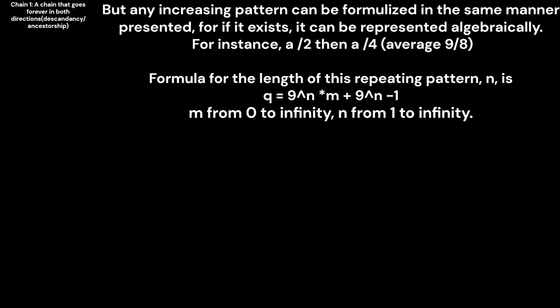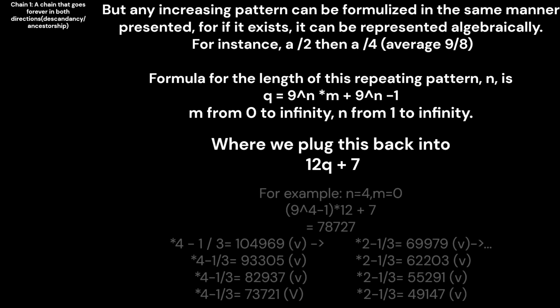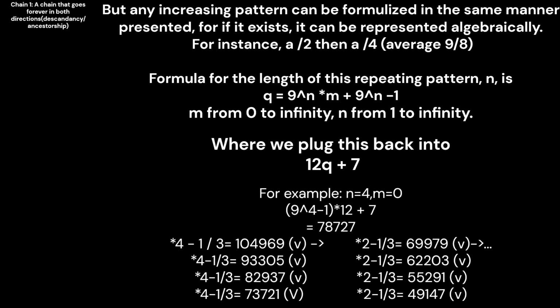Q is equal to 9 to the n times m plus 9 to the n minus 1, where m goes from 0 to infinity, and n goes from 1 to infinity, m and n both being integers. Plugging all of these numbers back into 12q plus 7. Let's pick n equal to 4 and m equal to 0. We get 9 to the 4th minus 1 times 12 plus 7, which is equal to 78,727. Times by 4 minus 1 over 3, and we get